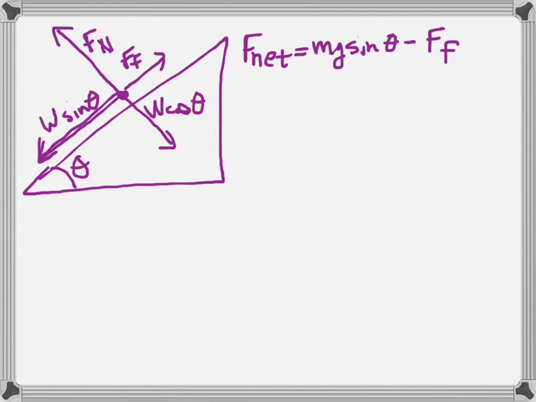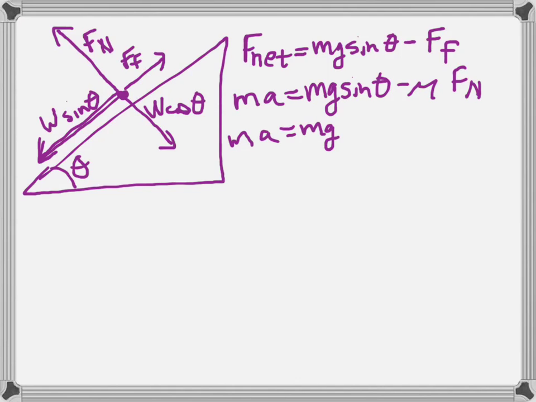So what is F net? F net, according to Newton's second law, is always ma. And that would equal mg sine of theta minus friction force. What's friction force? Well, that is mu Fn. That's the equation for friction. So that would be ma